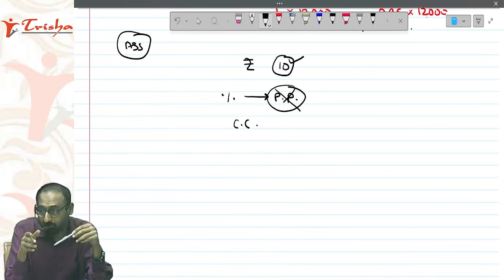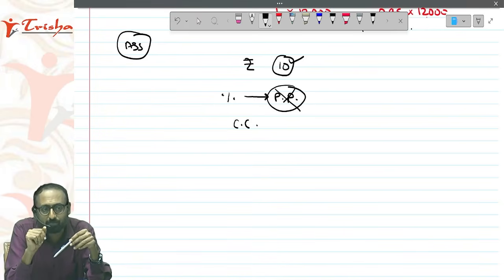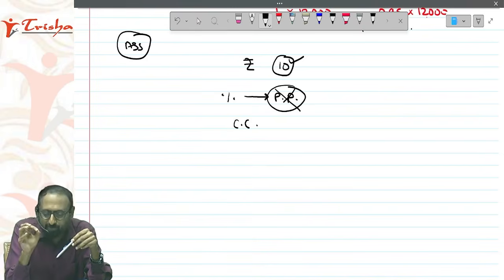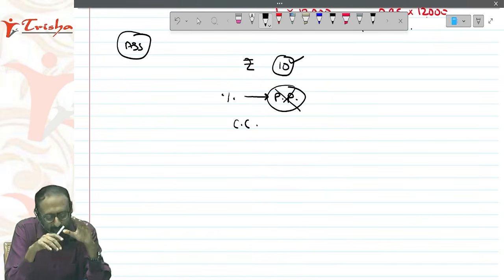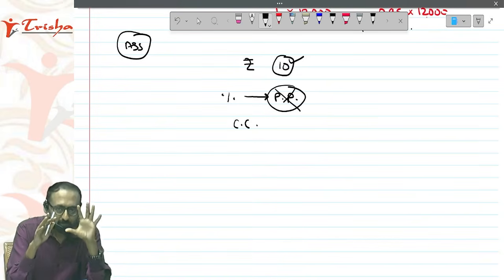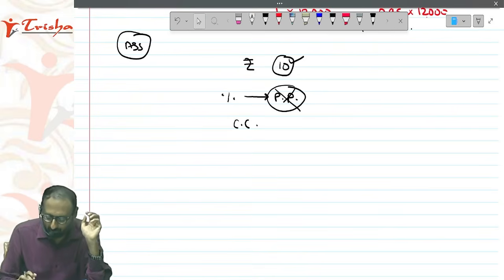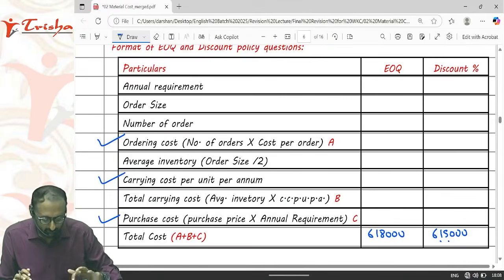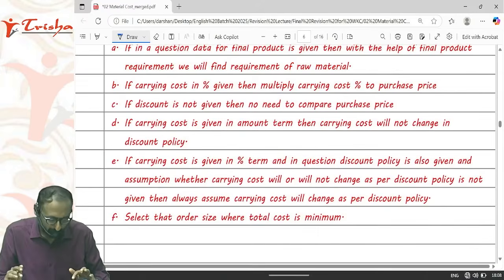And what if an assumption is given in a question that carrying cost will not change? Directly the assumption is given in the question, carrying cost will not change. What will you do, sir? Will it change or will it not change? Then it will not change. So this main important principle you will have to remember. Now everyone, we will solve